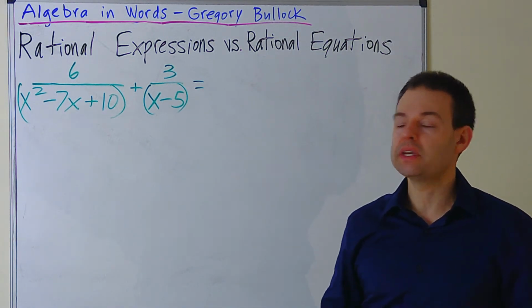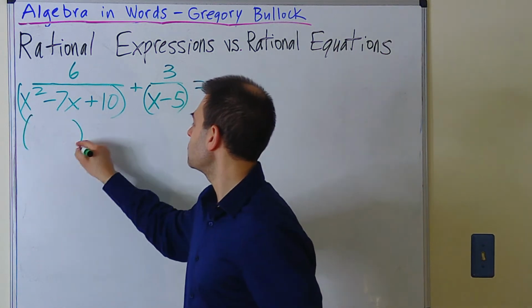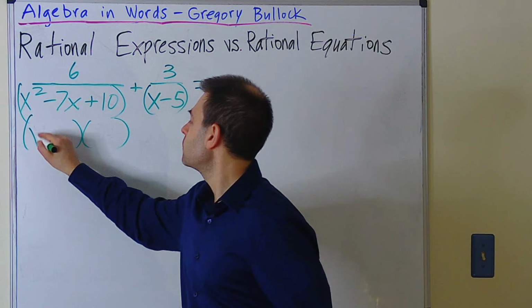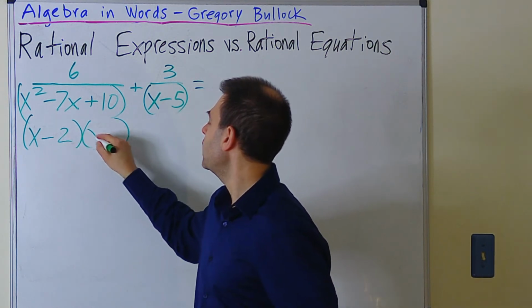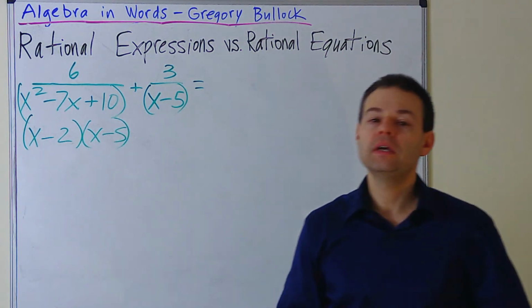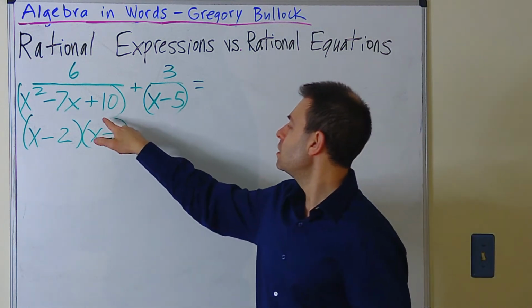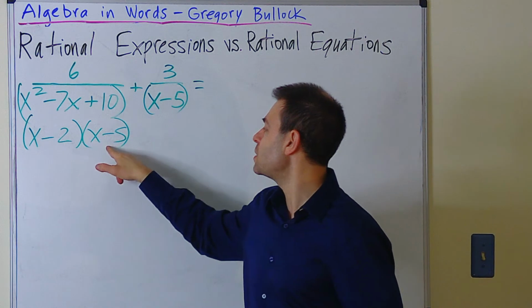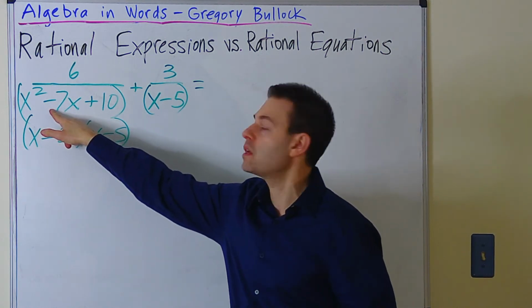And the answer is yes, into two binomial factors. And those two binomial factors could be x minus 2 and x minus 5. How do we know that? Because, first of all, this is plus. That tells us that these signs will be the same as the middle sign of this, which is negative, so